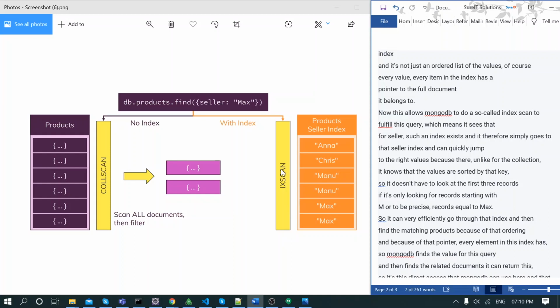And it's not just an ordered list of the values. Of course, every item in the index has a pointer to the full document it belongs to. This allows MongoDB to do a so-called index scan to fulfill this query, which means it sees that for seller such an index exists, and it therefore simply goes to that seller index and quickly jumps to the right value, because there, unlike in the collection, it knows that the values are sorted by that key, so it does not have to look at the first 3 records if it's only looking for records starting with M,